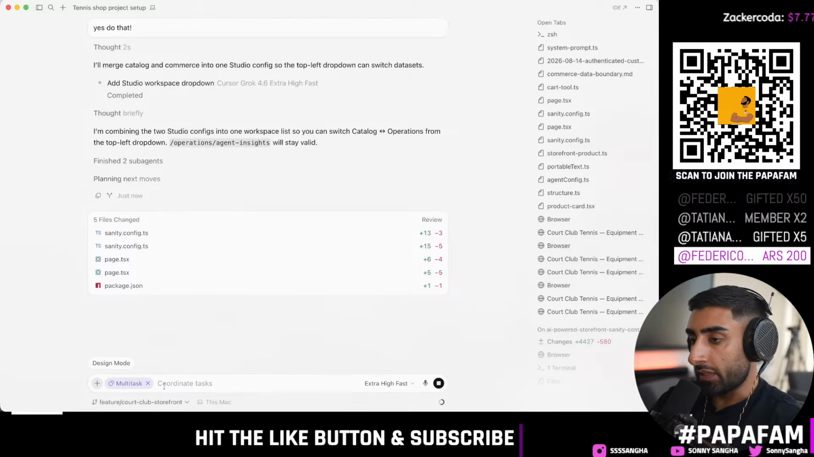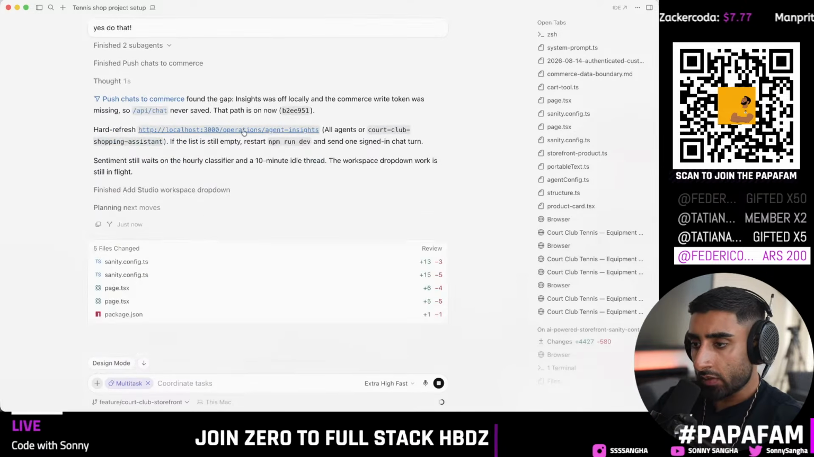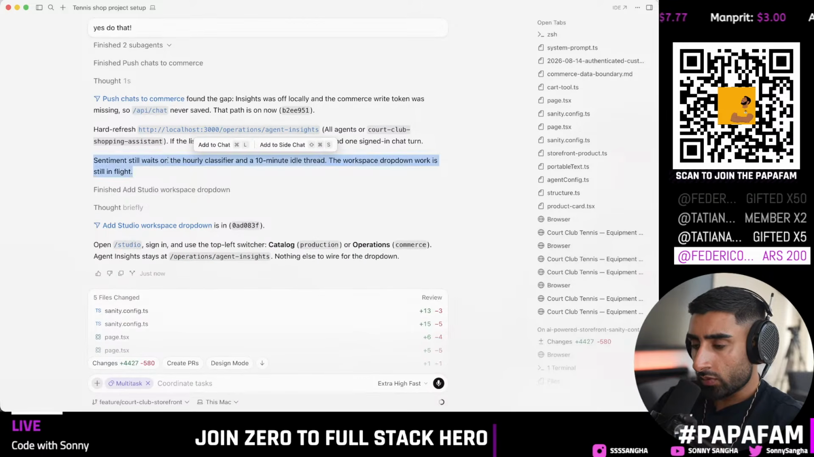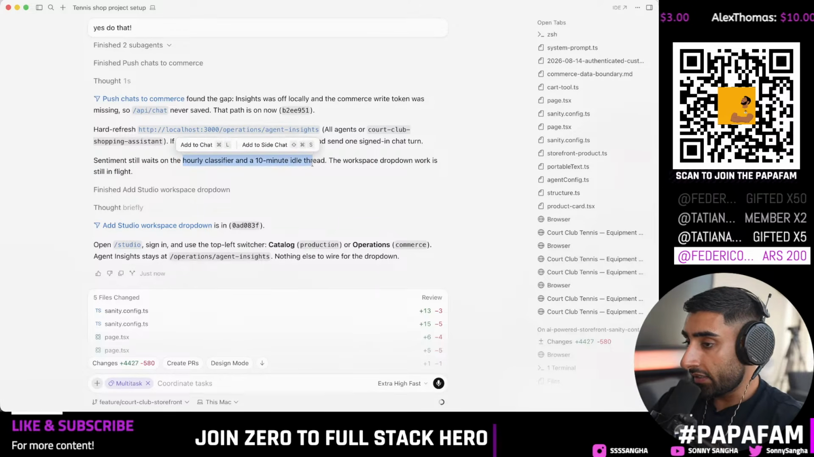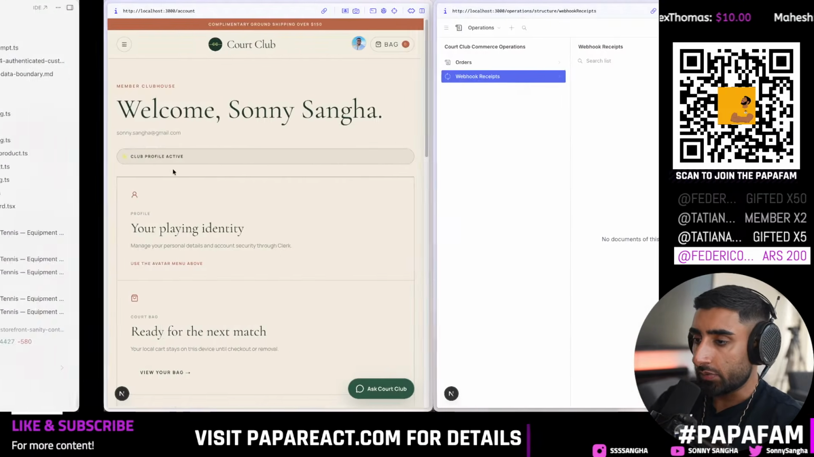Well, that's awesome that worked in the first place. So that did it. Now, hard refreshing since nice. Okay, so sentiment still waits on an hourly classifier and a 10-minute idle thread. Workspace drop down is still in flight. So that means that in 10 minutes, we should actually have sentiment analysis because we've deployed it, which you can